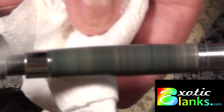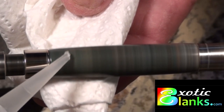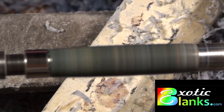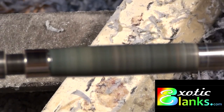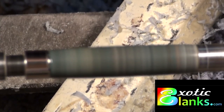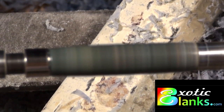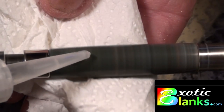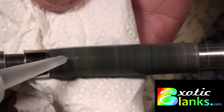Then I tried to dry it off a bit with a paper towel, and then put on a very thin coating of thin CA just to see what was going to happen, and everything went fine. So I put on another 2 coats of thin CA. At the end of that, I could still see ups and downs. It was much improved, but I could still see some that looked like there was a bit of a pit,